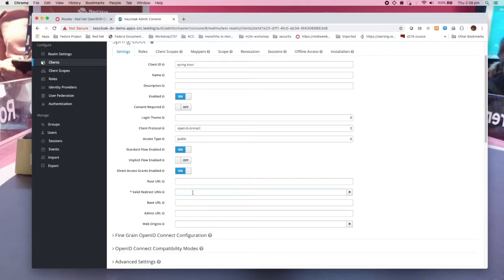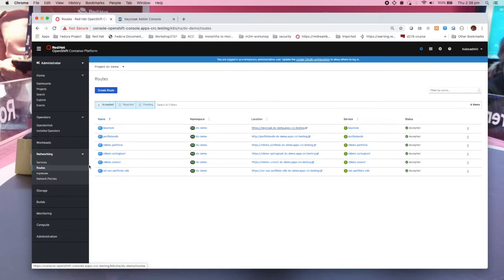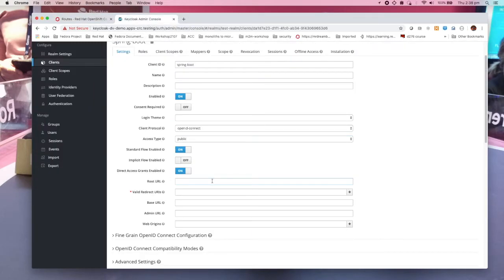Valid redirect URL. If you remember the diagram I showed you, after the Keycloak server authenticated the user, it is going to redirect back to the Spring Boot application. So how do you find out about the URL for the Spring Boot application? You have to go back to the networking, routes, and then this is the base URL. So what you should do is you put it like this. So that means any pages after the URL,